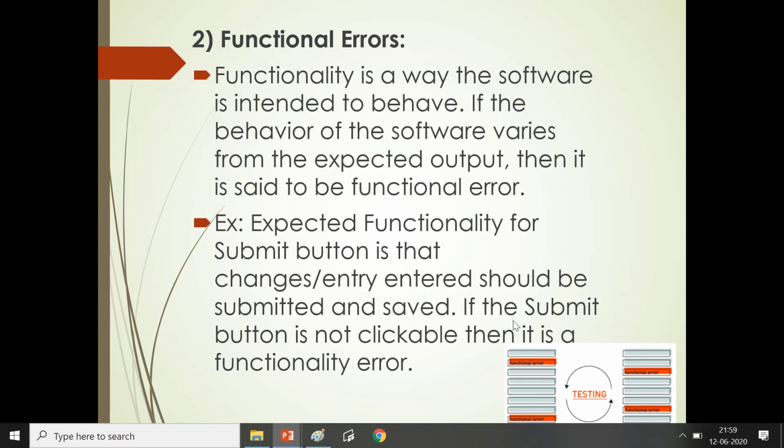Functionality is the way the software is intended to behave. If the behavior of the software varies from the expected output, then it is said to be a functional error. One example: expected functionality for the submit button is that changes or entry entered should be submitted and saved. But if the submit button is not clickable, then it is a functionality error here.